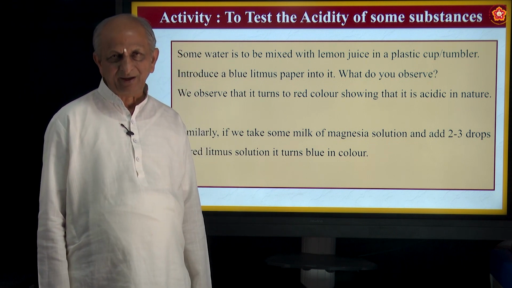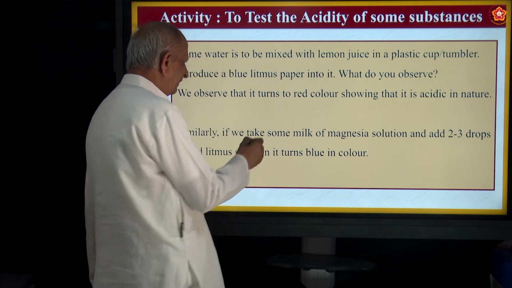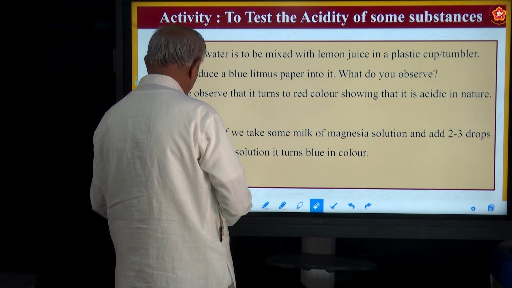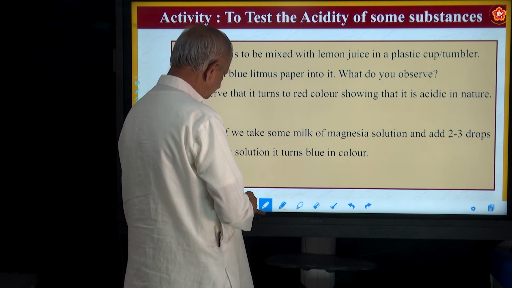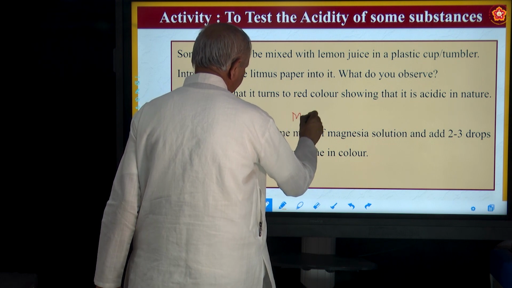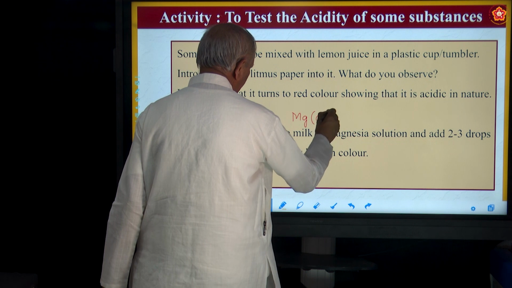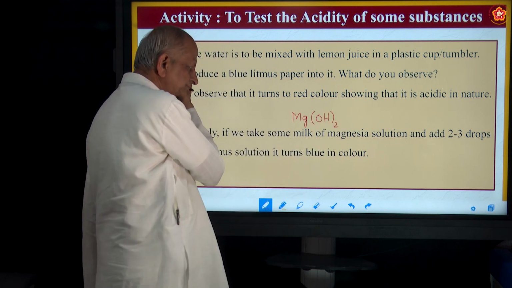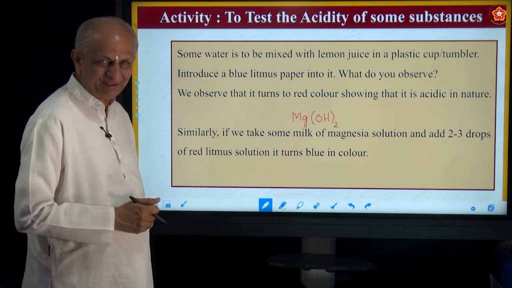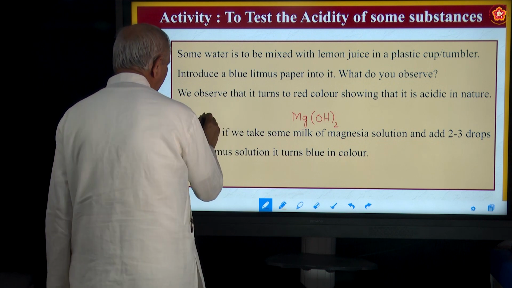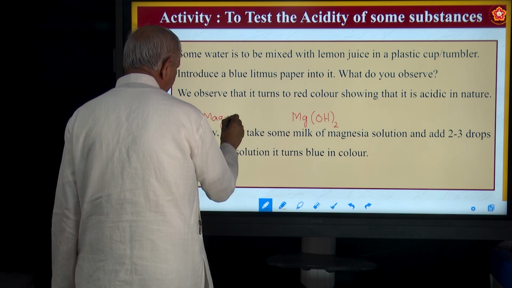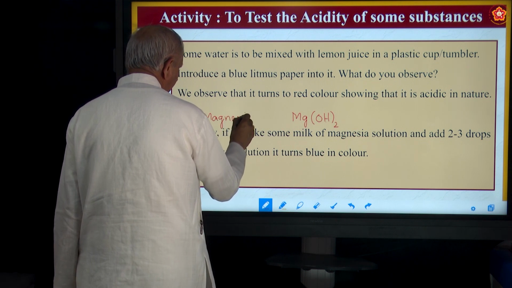What do you mean by milk of magnesia? It is nothing but magnesium hydroxide. Have you seen that milk of magnesia? Milk of magnesia, when you have some acid problem, they give this milk of magnesia, just like milk it is. That is why the name milk of magnesia. So its full name is, you can note down this, magnesium